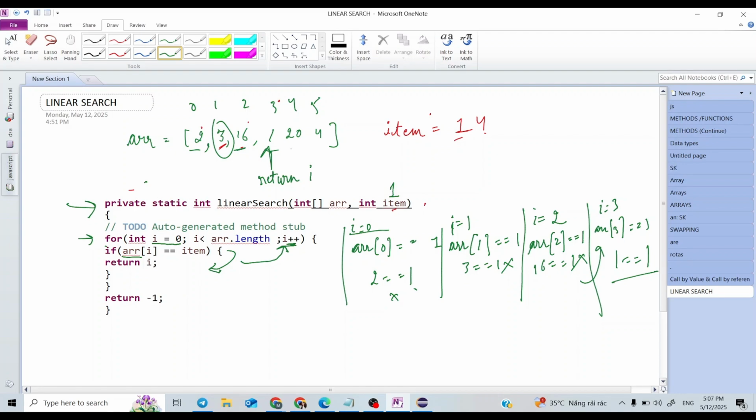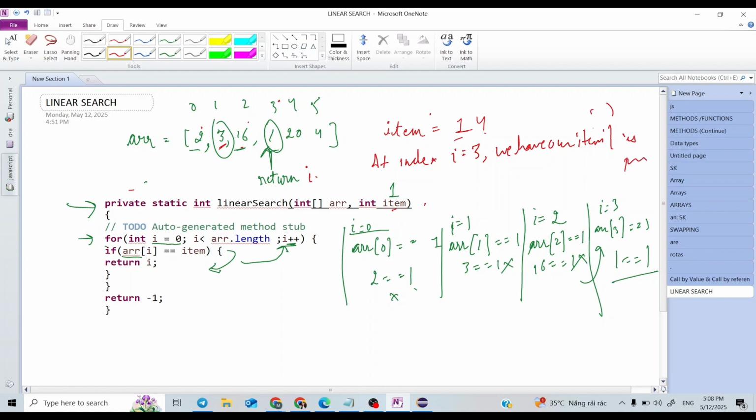If you want to return the element, meaning you want to return the 1 only, you will write something like this, but we have to return the index. So we will return only I, that is, at index I equal to 3 we have our item 1 present.